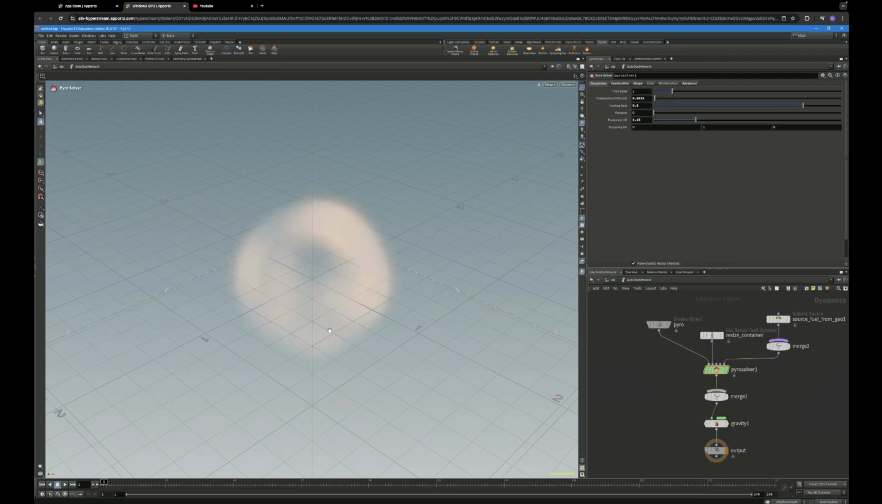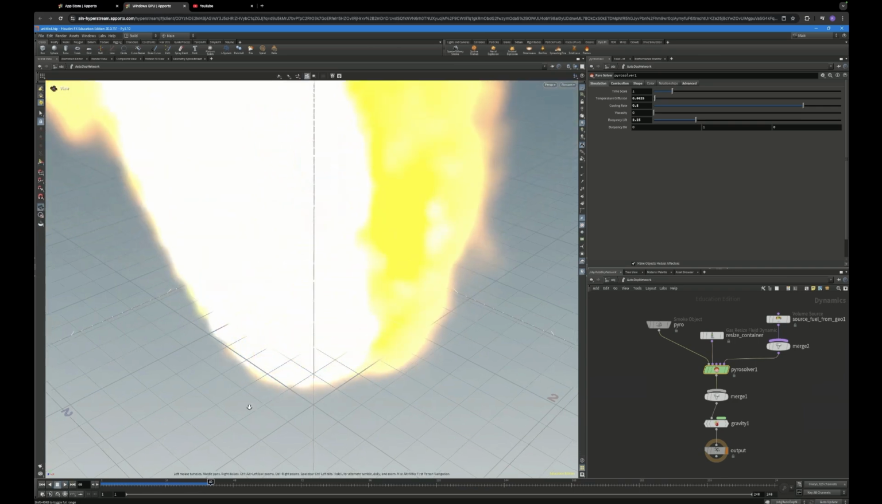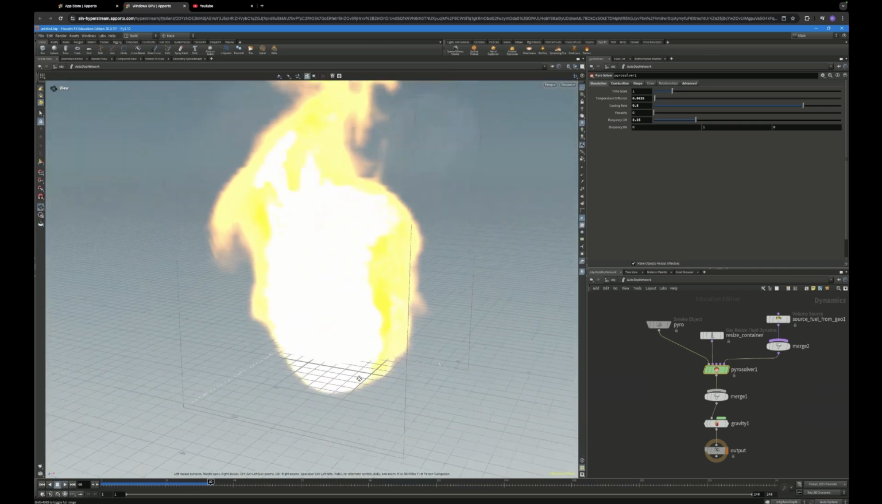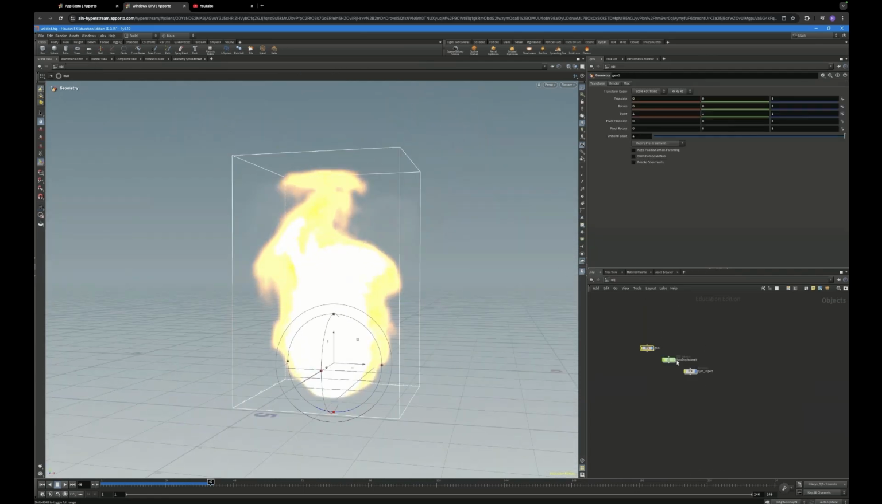Okay, and so if you click play, flames. And obviously the voxel size on this is quite high, which means it's low quality, but that's okay. So if you just dive into Geo 1,